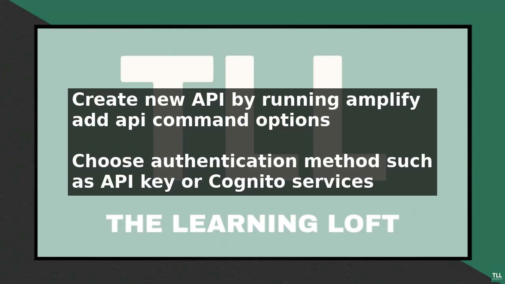To deploy your API, run the command amplify push, which will deploy your API to AWS. You can then test your API using the deployed endpoint. Best practices for setting up AWS Amplify API category include using a secure authentication method and monitoring your API performance